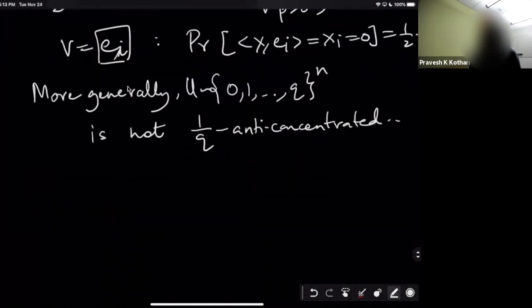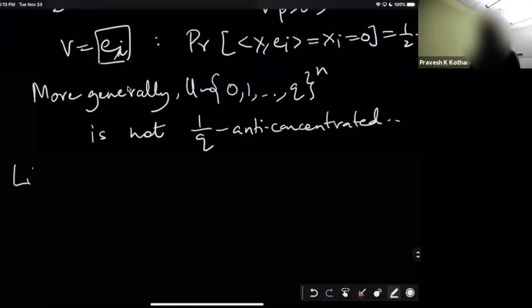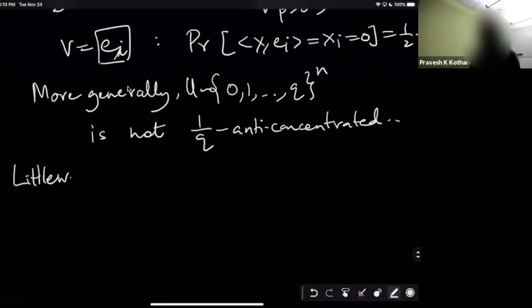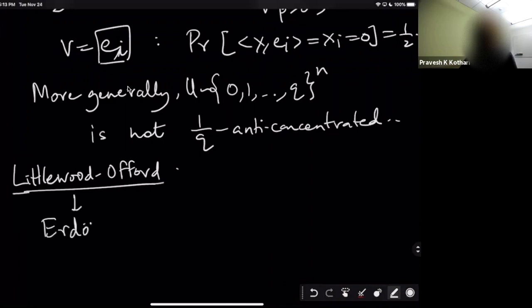This question was first asked about non-trivial anti-concentration properties of the uniform distribution on discrete sets like 0, 1 to the n. In particular, Littlewood–Offord, and the earliest result here is Littlewood–Offord. It was generalized by Erdős, and there are many works in modern mathematics that try to establish properties that say that,